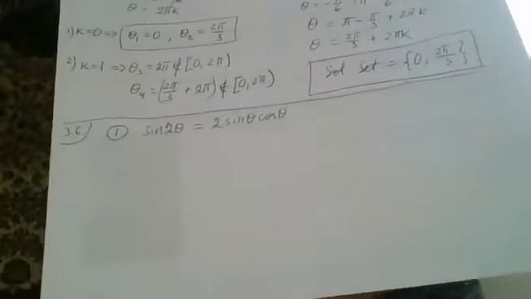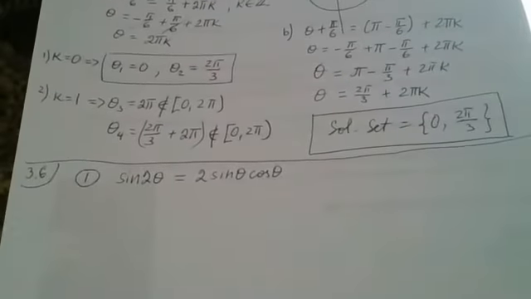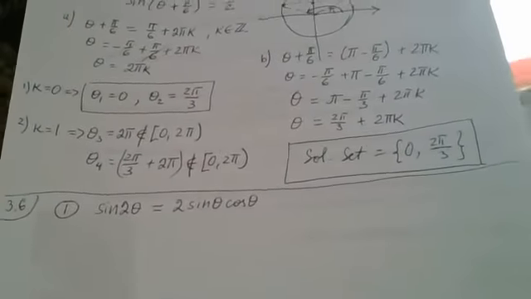Formula number 1 in your textbook is formula for the sine of double angle. In the textbook, it comes like sine parenthesis 2 theta, but parentheses here are not honestly required. It is not a mistake to have sine parenthesis 2 theta, but because parentheses here are not required, it is something extra, I'm going to drop it. This will be the only difference between what you see in the textbook and what you will see during my lecture. I do not like extra elements if they are not required. So this is the formula. Sine of double angle equals to sine theta cosine theta.